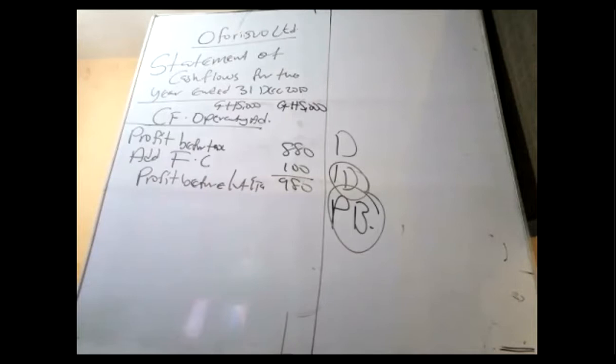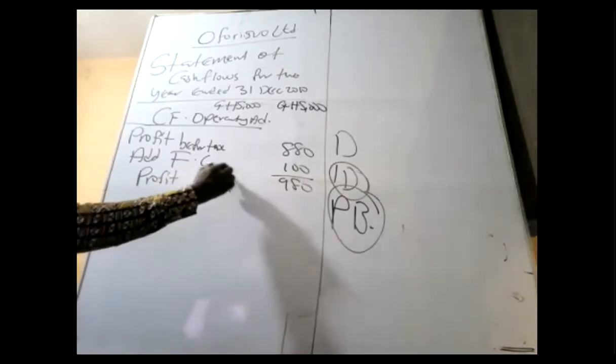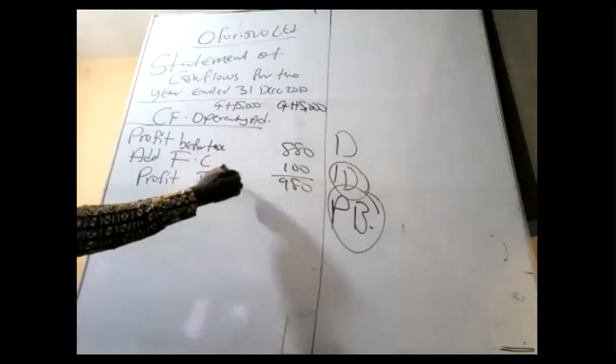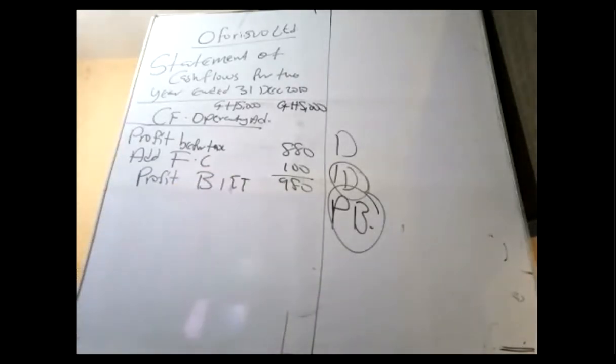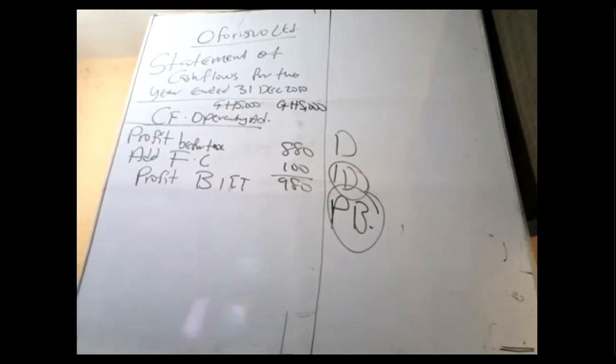Then why can't we start from the profit before interest and tax straightforward? Don't worry. You can go ahead and start from there, but don't forget that you lose 6 marks. This is the format provided by IAS 7. Not because your exam question is too difficult, you change the format. Those updates, so kindly pick it as it is.